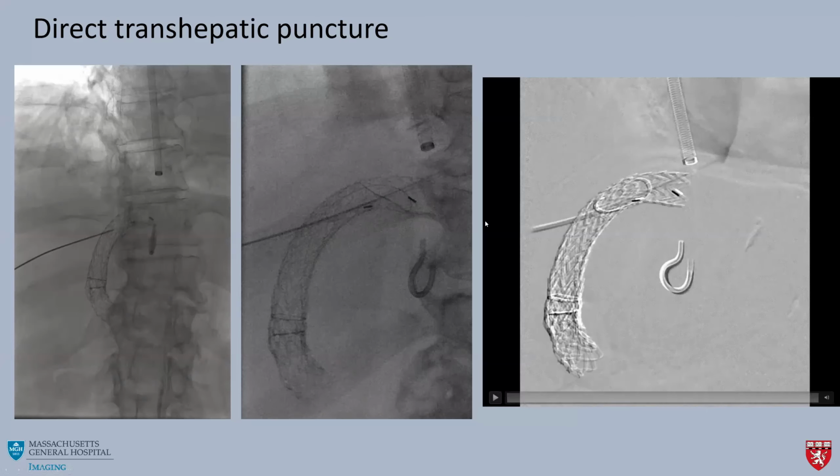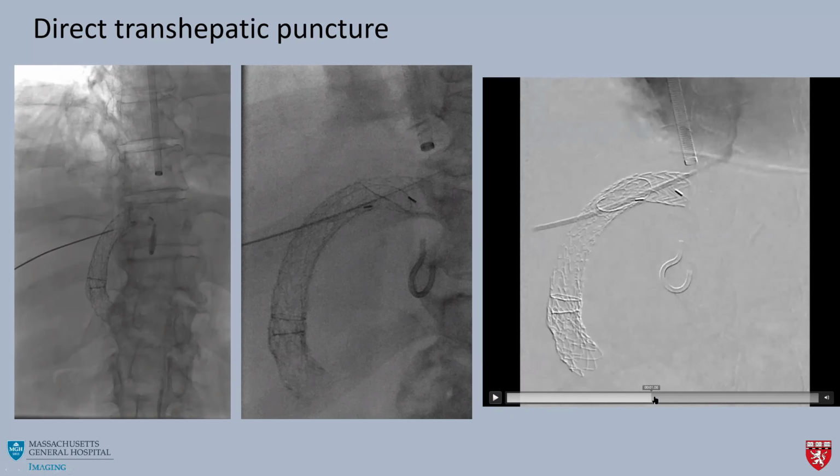sheath into the stent. And we were having trouble using the floppy end of the 018 wire to get through the thrombus. It was likely a fibrous cap here. So we eventually used the back end of a V18 wire to puncture through the fibrous cap. And then once we punctured through the fibrous cap, we were able to advance our introducer sheath. And this is a run showing that we're inside the IVC.